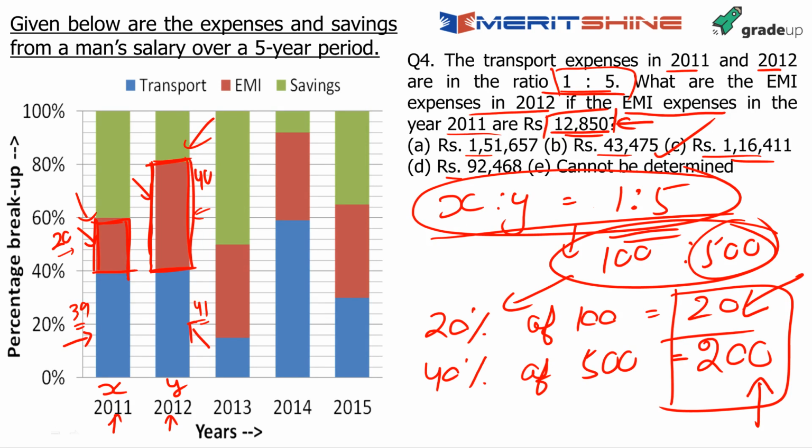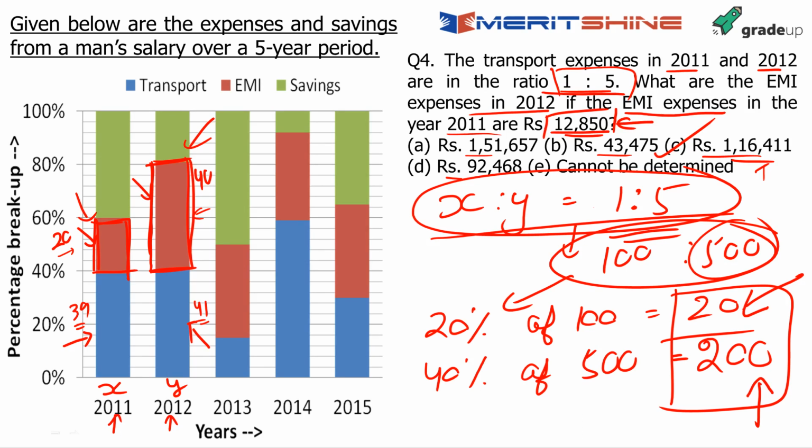If I calculated, it actually makes me nervous. I'll have to do some really lengthy calculations to arrive at this exact number 116411. I don't know how I did it earlier; this is a question I made myself. But if you can see through it, you will get the answer directly without doing anything else. If you do not understand this, I am repeating, please go through it again. This is the crux of DI. You do this, you get the answers fast.